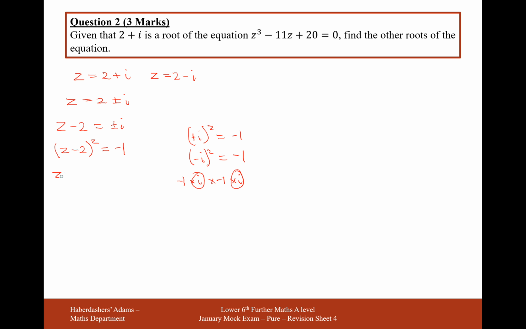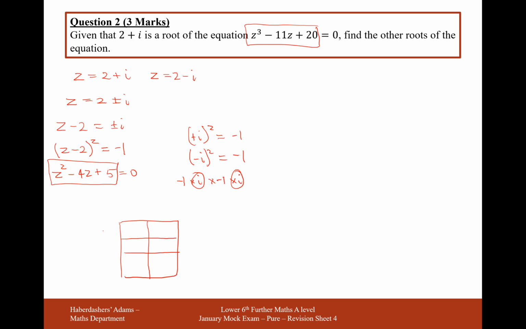I'll then expand my brackets, so I'll get z squared minus 4z plus 2 squared, which is 4, plus the other 1, and I get a 5, moving the 1 onto the other side as well. Now all I need to do is the algebraic division of this cubic polynomial divided by this quadratic here. So get my box open,